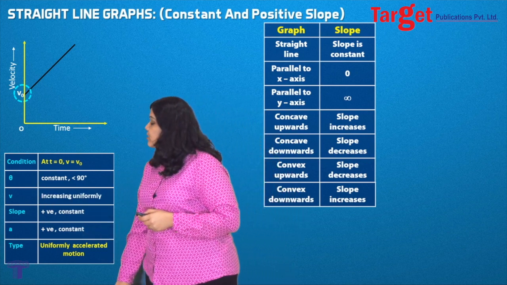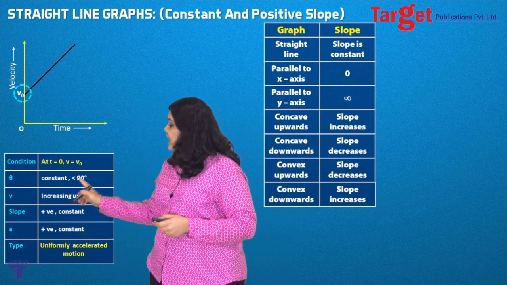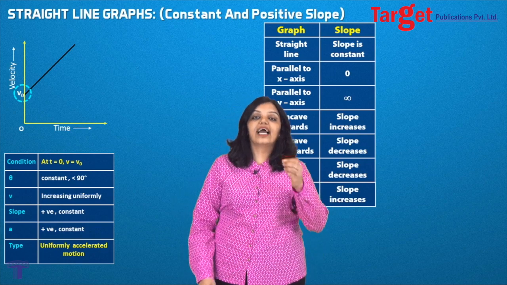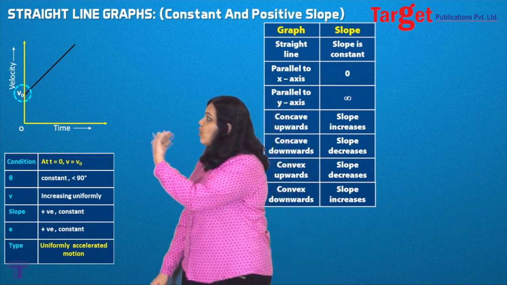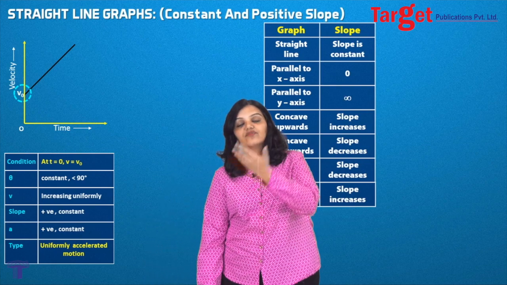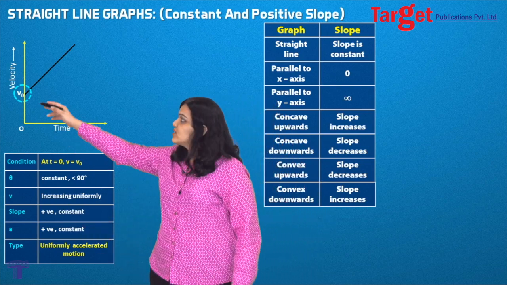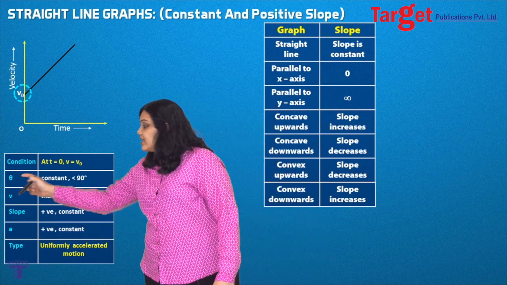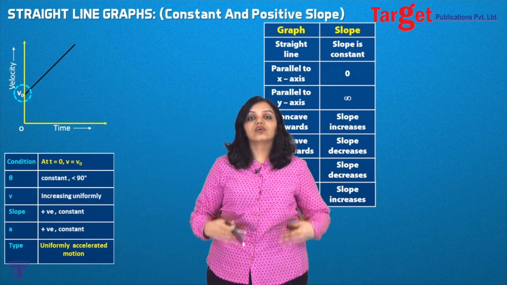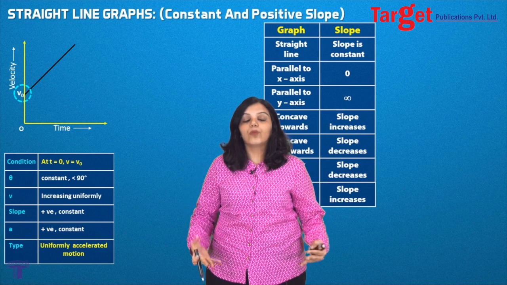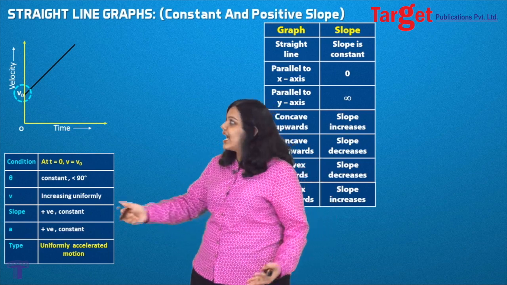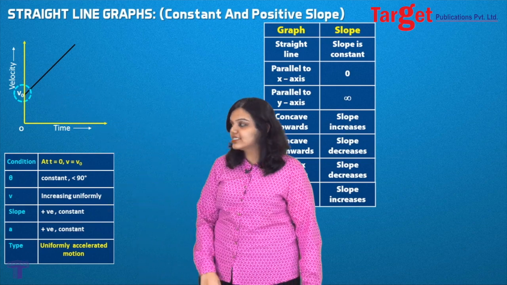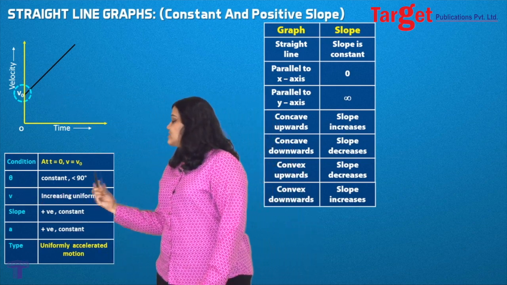What about the angle? The angle is constant and less than 90 degrees. What is this angle we are talking about? It is the angle of the tangent line. But of course, in case of a straight line, it's the angle of the straight line. So you can see, of course, that the angle is less than 90. That is, it's acute. But the angle is constant. How do we know that? Because straight lines have constant slopes, and they have constant slopes because the angle is constant. It's always making the same angle with the x-axis. So the angle is, of course, constant and less than 90.